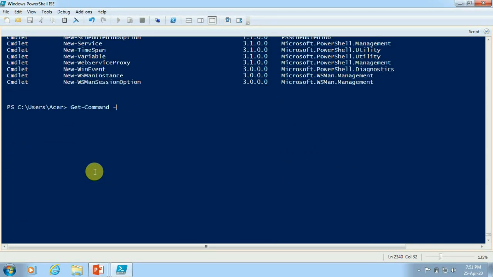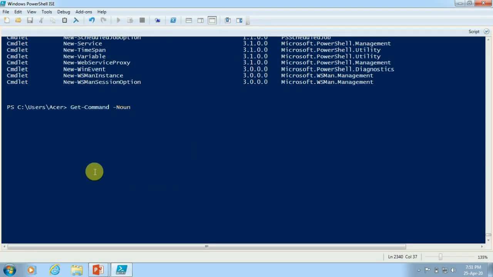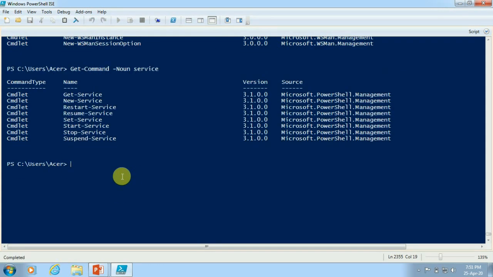So with verb we can use the noun as well. If we pass the noun, it will list out all the commandlets which have that particular noun in their name. Any commandlet name is a combination of two things: the first half is the verb and the second half is the noun.